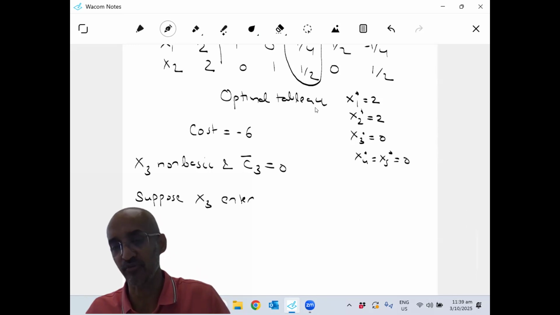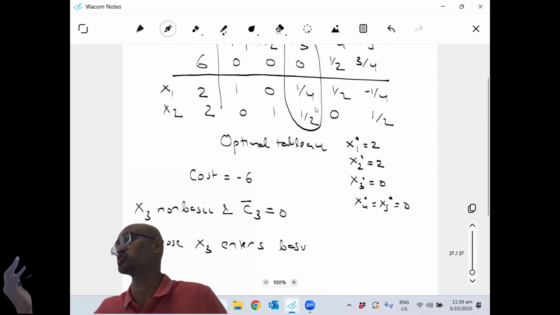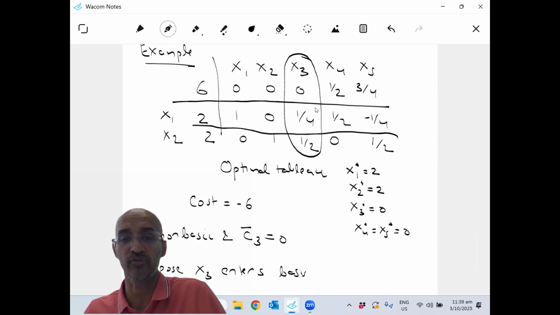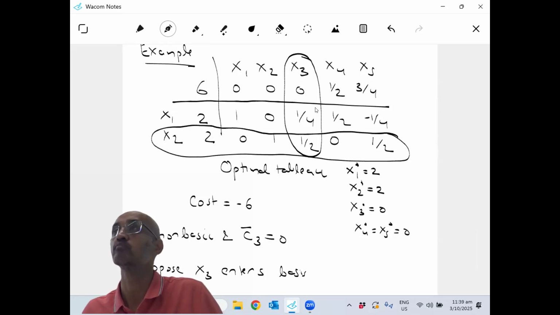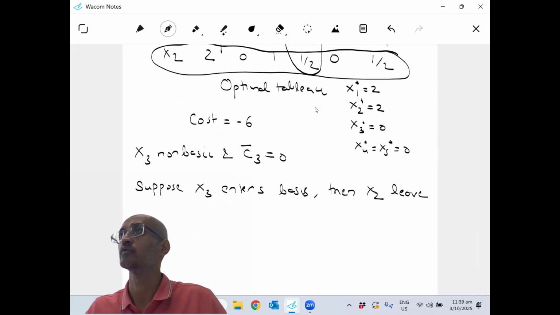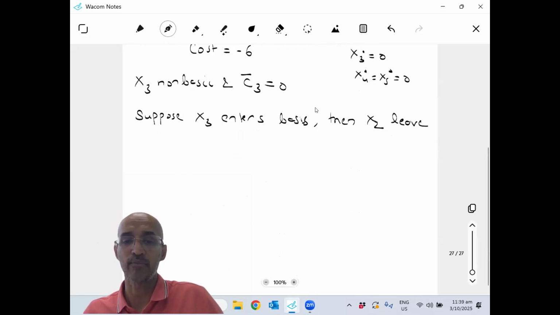Reduced cost is 0, which means that by doing this, my cost is not going to change in this direction. But I can do it, and I can do my minimum ratio test, 2 by 1, 4 by 2, 1 by 2. So the minimum ratio test will say this should be the leaving variable. X1 leaves. Then x2 will leave. And you can do your row operation to make this 0, 0, 1. If you write the new tableau,